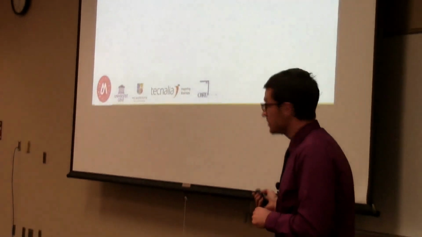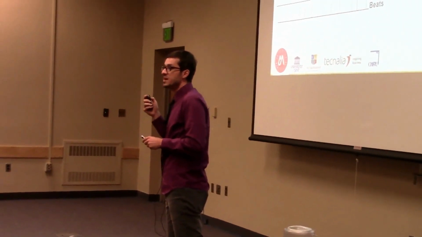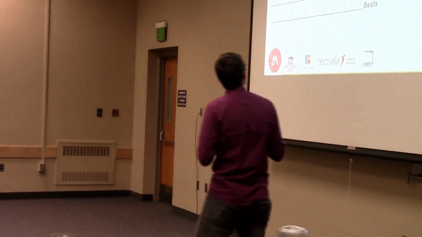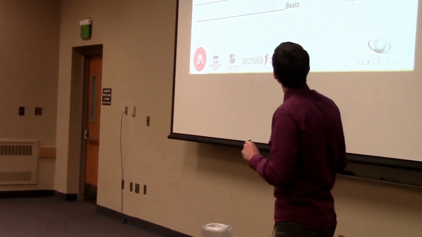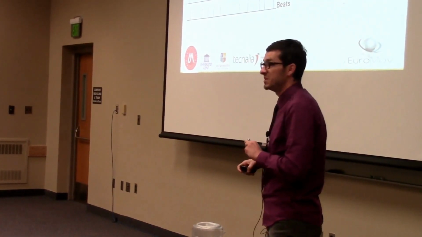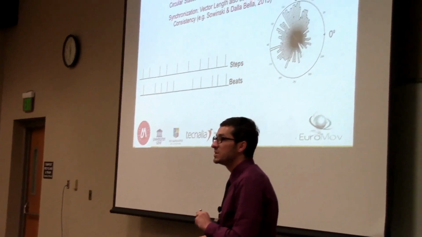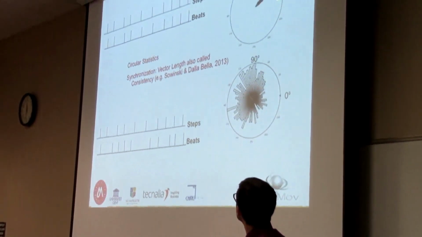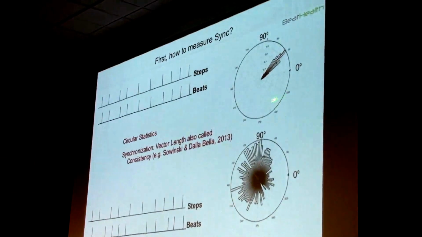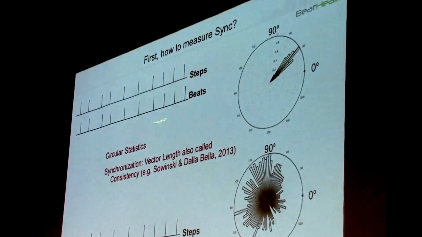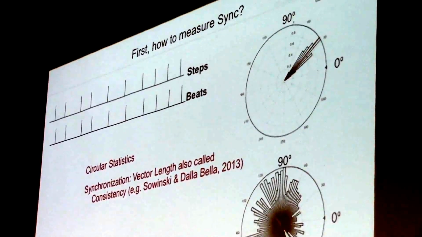Now, let's go a little deeper. There's an important thing about our study. We did not ask the patients to synchronize. And we want to see how synchronization affects all these measures and other measures. So we're going to look into the synchronization between steps and beats using the vector length. You do circular statistics to get a distribution of relative phases, and the vector length tells you how consistent the synchronization is. Here, for this case, you have very good match, and so you get large vector length. And here, not. So you have a short vector length.